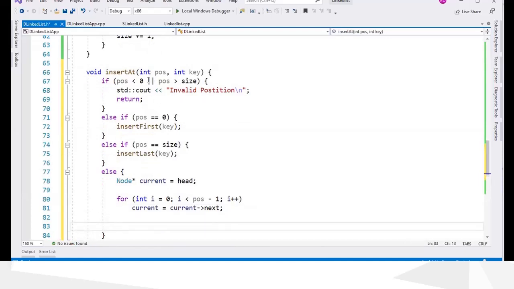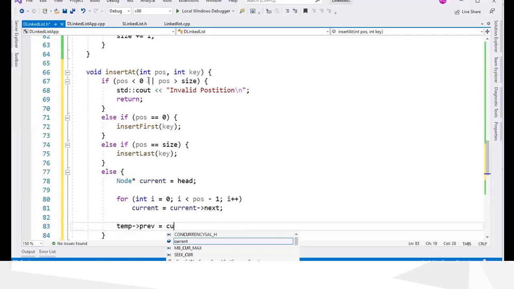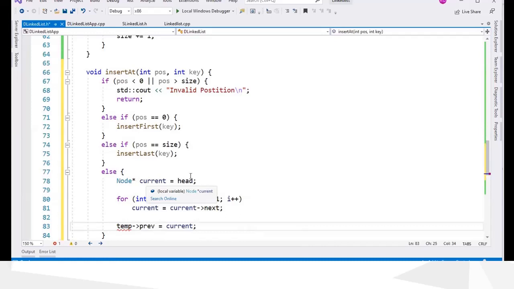So first temp previous equals current. After inserting temp node, we haven't created the node here, so I will create it here.